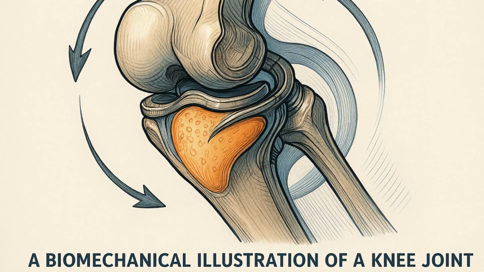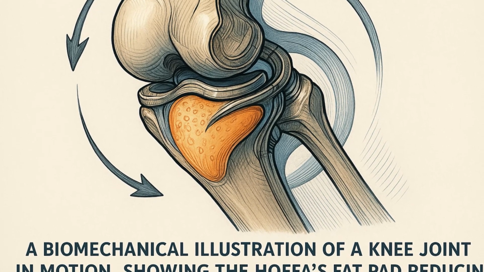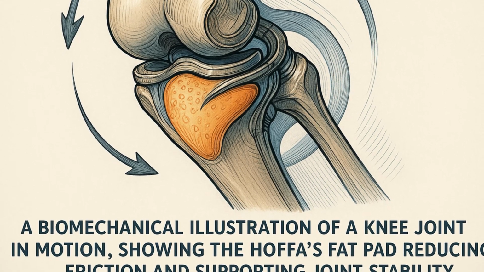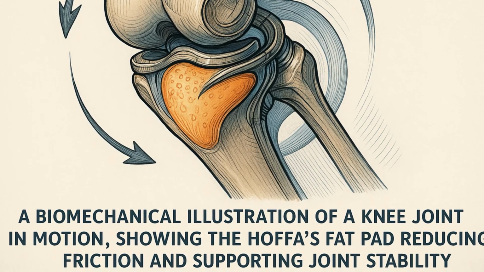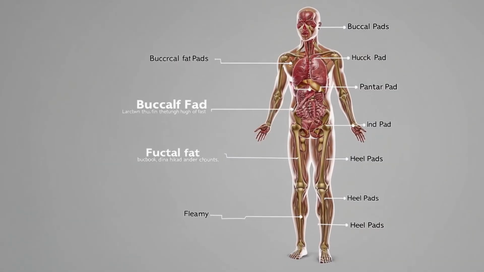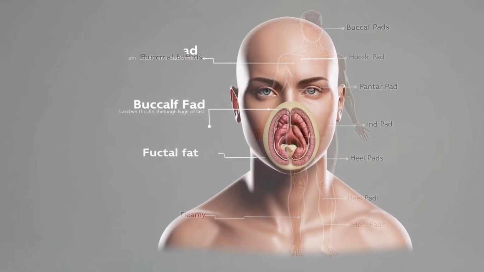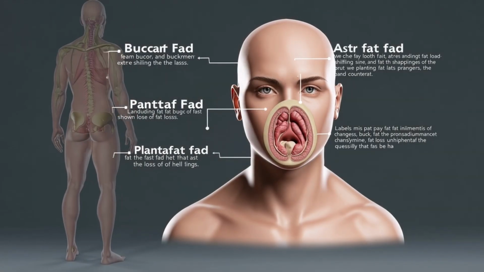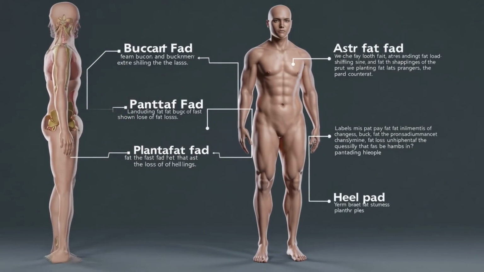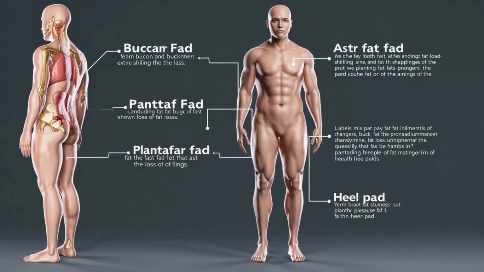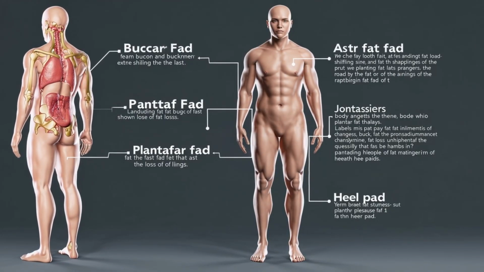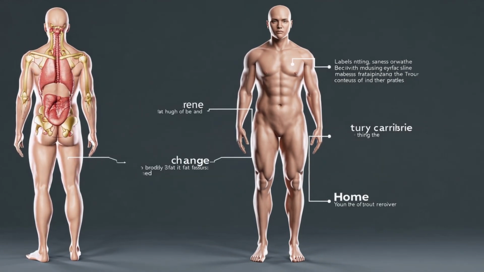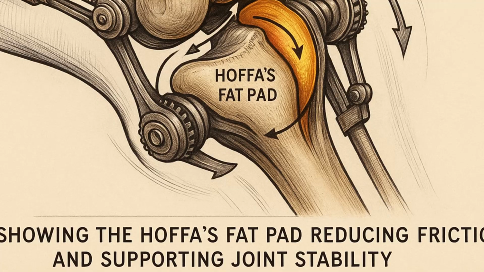It helps maintain the structural integrity of body contours, providing a supportive matrix that keeps the skin, muscles, and connective tissues properly aligned. This stabilizing effect contributes not only to physical resilience, but also to functional efficiency. By anchoring tissues in place, fat reduces the energy cost of movement and minimizes the risk of tissue tears or displacements. In clinical observations, individuals with severely depleted fat stores, whether due to advanced cachexia, lipodystrophy, or extreme caloric restriction,